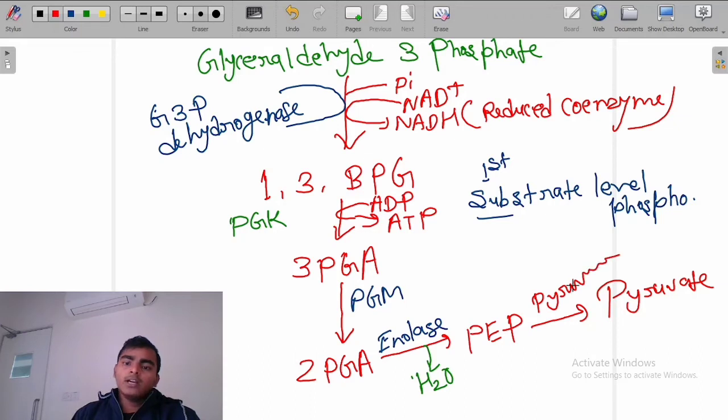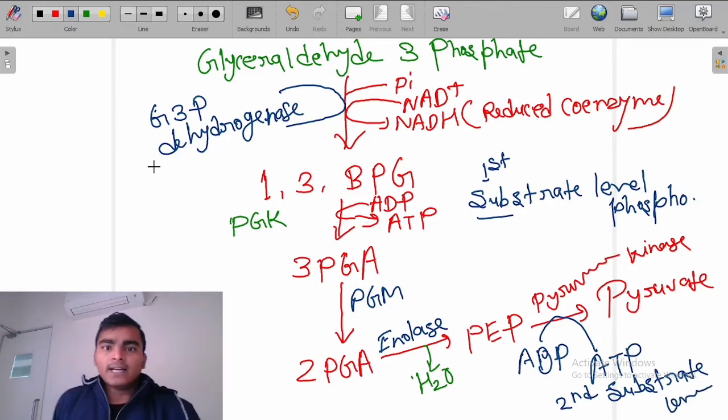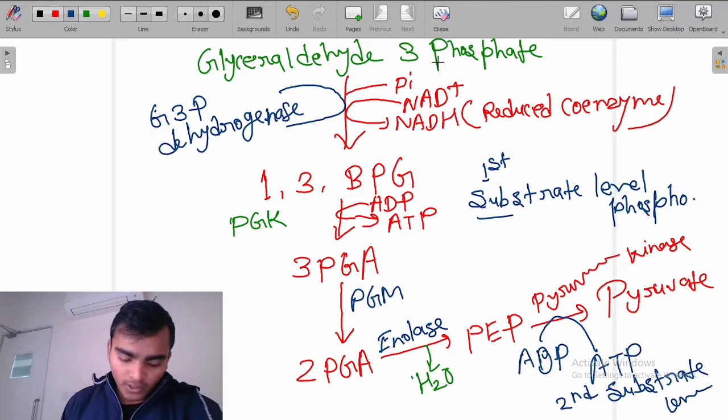Pyruvate kinase is the same enzyme which is also used for gluconeogenesis, and pyruvate kinase is getting used in this particular step. Pyruvate kinase means it is again going to do the phosphorylation, and the phosphorylation is of an ADP molecule which is present in the cytoplasm. ADP will be converted into ATP. Now this is the second substrate level phosphorylation. So now you can see that all the 10 steps of glycolysis have been